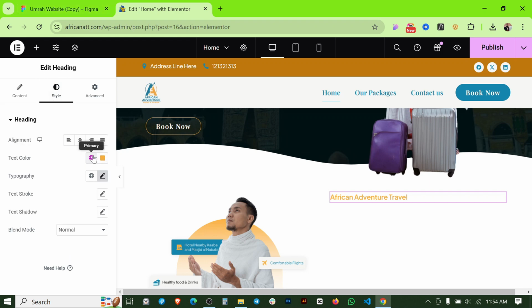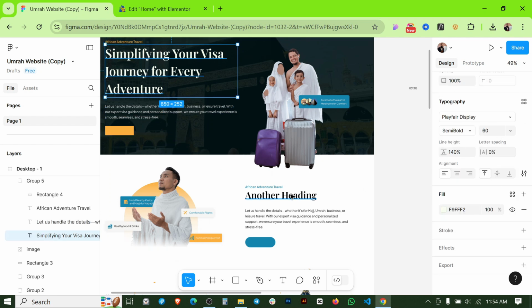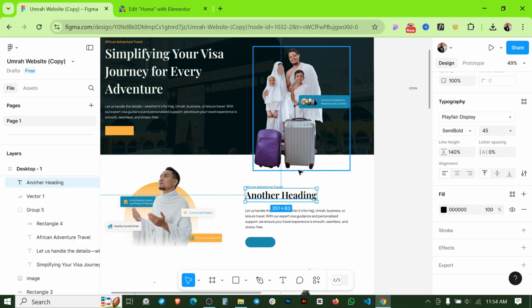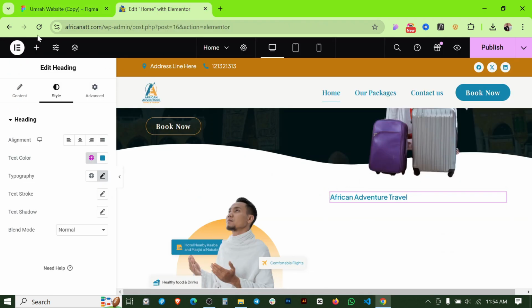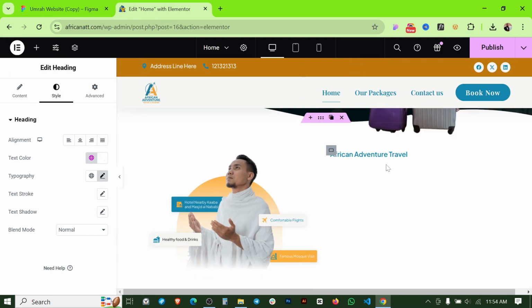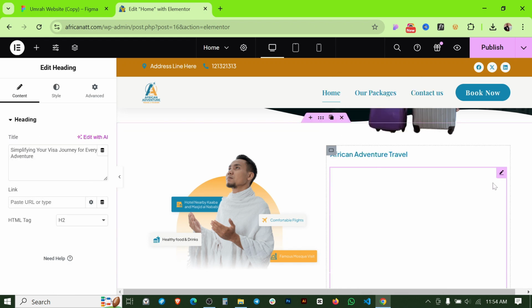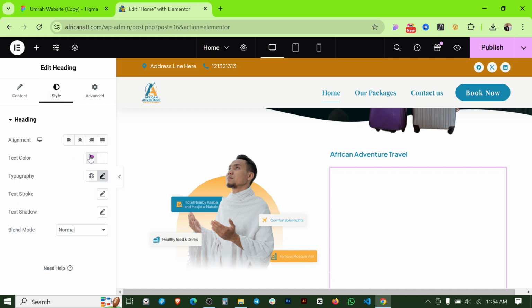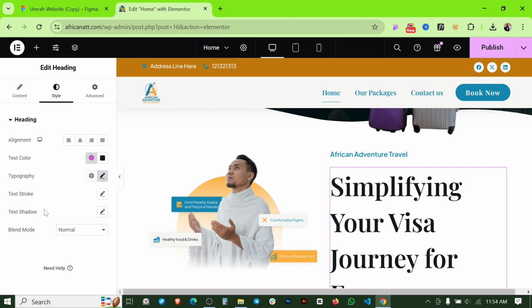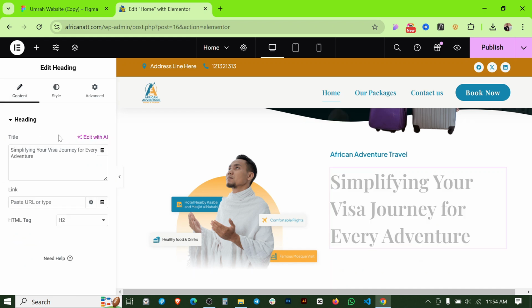but the color needs to be changed to the ancient one. And you know this is 60 pixels, but this is 45 pixels. So if I take this, let's copy this and let's paste it in here. And if I go for the typography and let's make it black and go for the typography, I'm going to make it 45. Title,